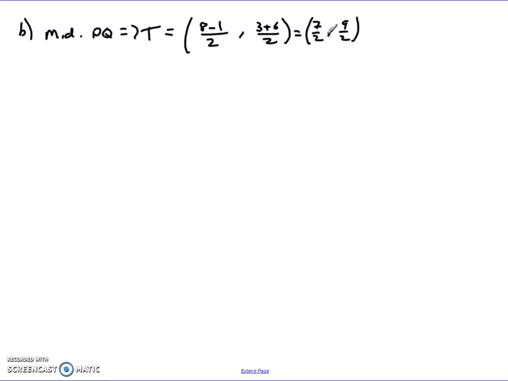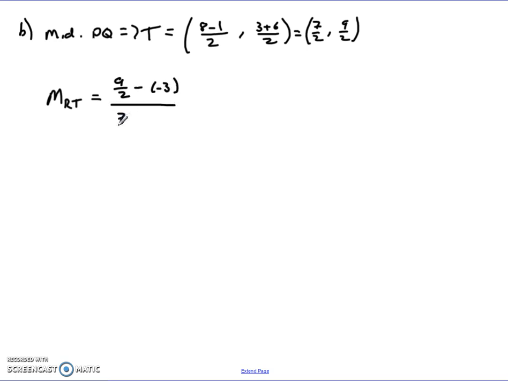What we then do is we have to find the gradient of our line. So we have to find the gradient of R to T. Remember, we can't use the perpendicular property, M1 times M2 equals -1, because the bisector doesn't cut it at a right angle. It's not a perpendicular bisector, it's just a bisector. So, using that and getting the gradient of R to T, we get 9 over 2 take away -3